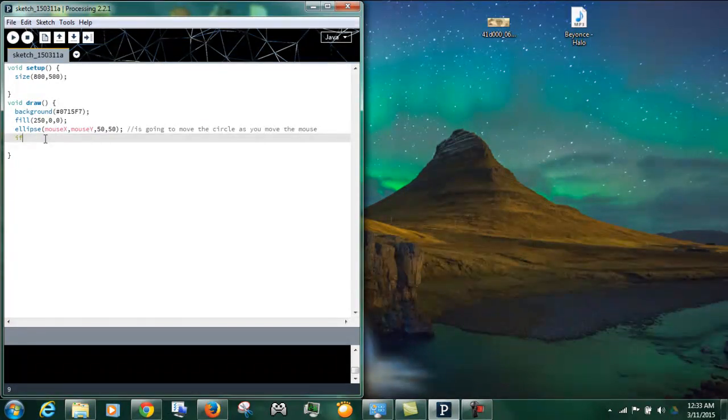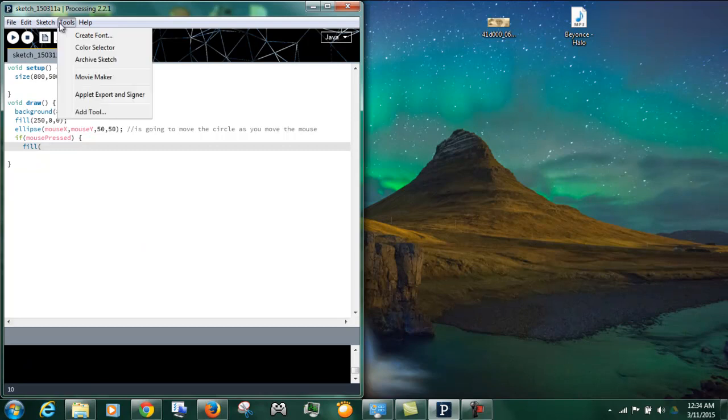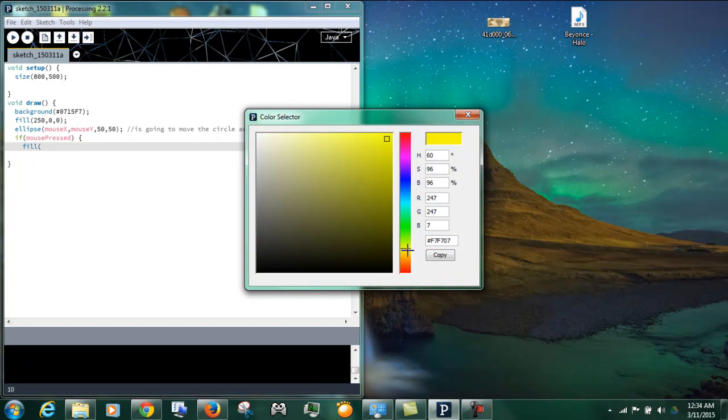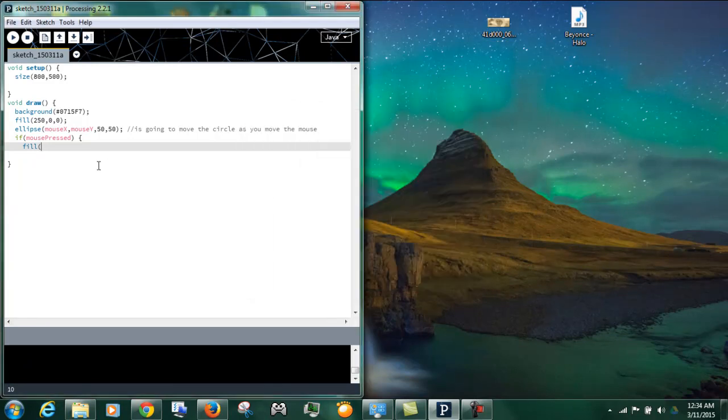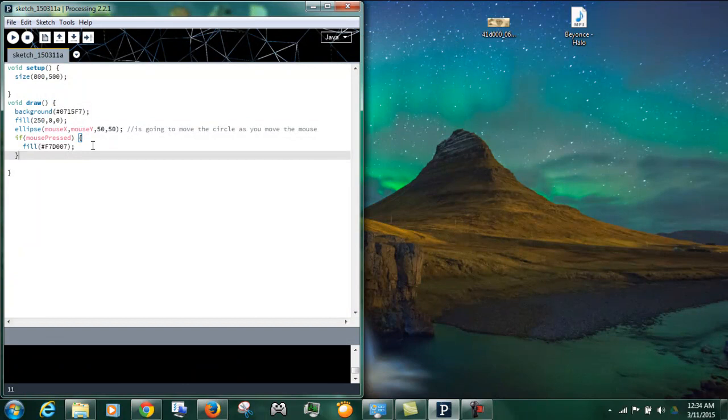So let's say if, parentheses, mouse press, close the parentheses. Here you open your curly bracket and then say fill. I don't know what color, you guys. I'll do yellow: fill yellow. Then we close this up. Let's see what happens. So we have our circle. If I press the mouse,